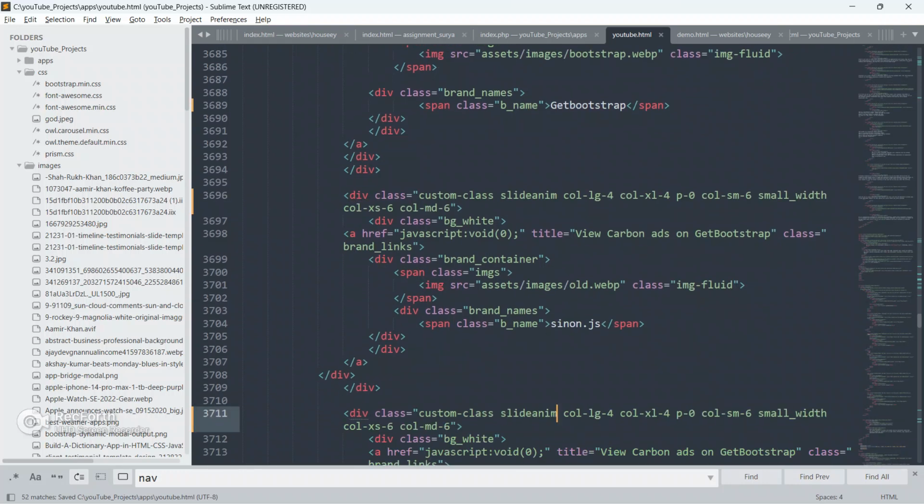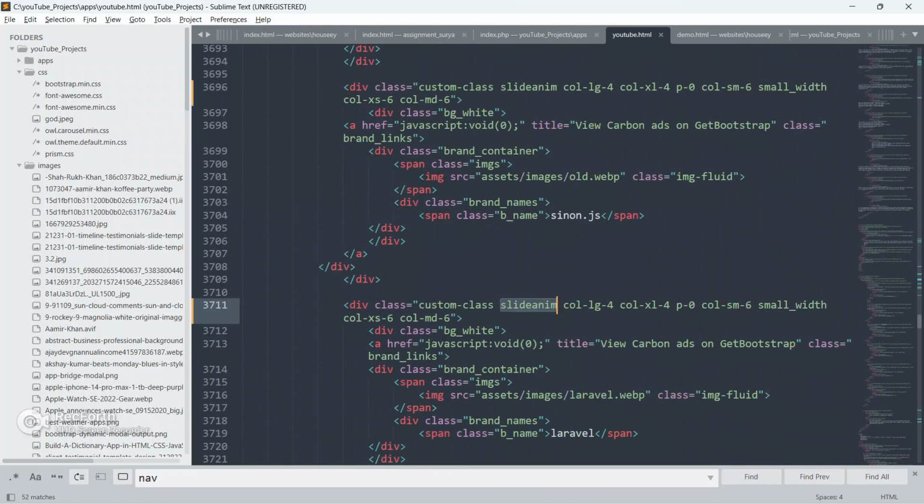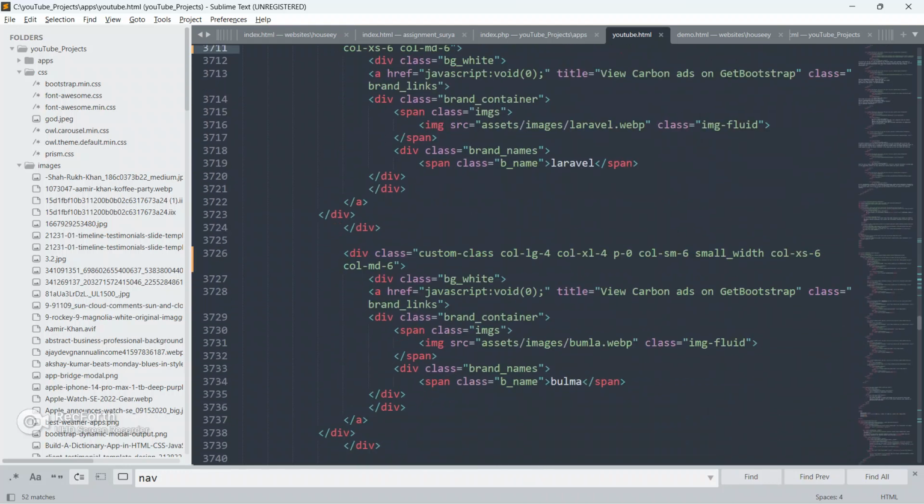Again I am saying guys, you have to use this class to get the sliding animating effect on any element you want to apply it.